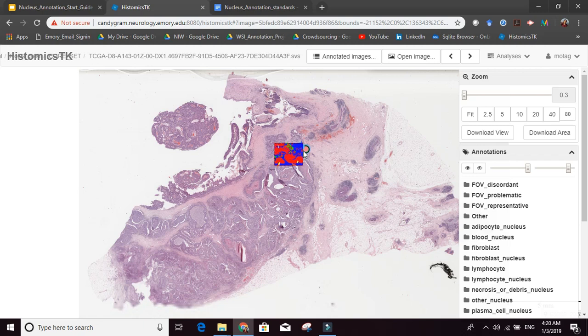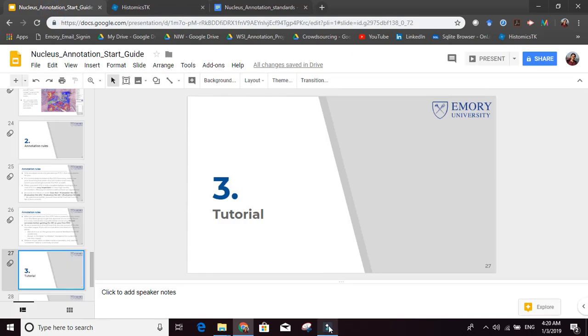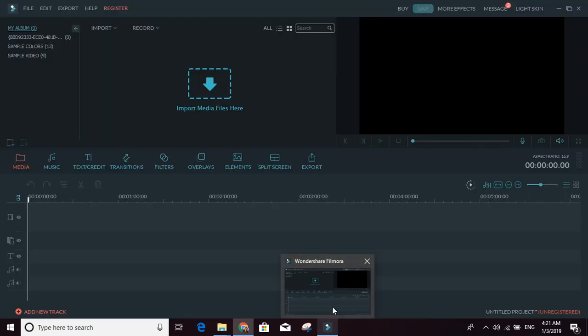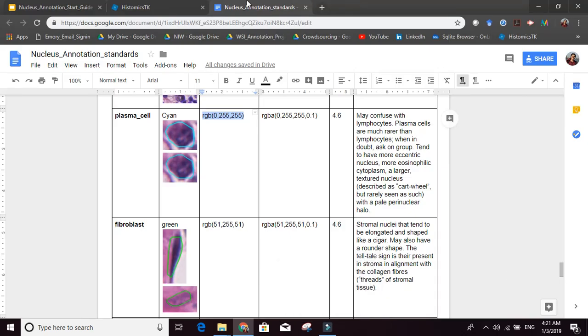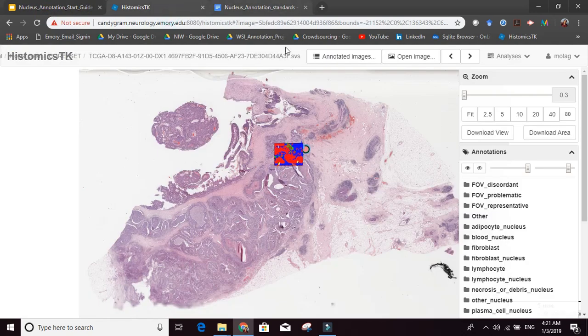When you're doing actual annotations, everything will be faster than this. The reason this is slow is many things. One, I'm using an old laptop. Two, I'm having Google Documents and Google Sheets and a recording software all running in the background. These are all very heavy things, especially the recording software, which is called Wondershare Filmora, in case anyone is interested. And of course, the Google Sheets is very heavy with lots of things.